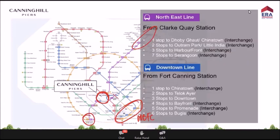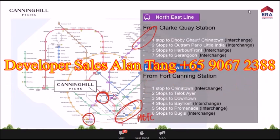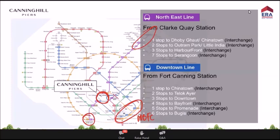And if you want to go to different parts of Singapore, you have multiple interchanges just 1 to 3 stops away, like Dhoby Ghaut and Chinatown. Outram Park and Little India are also interchanges. On the Downtown Line, you have 1 stop to Chinatown, and a few more stops you will reach the downtown core, Bayfront Promenade area. 6 stops, you can reach City Hall, Bugis area, where you have another interchange. So if you are living at Canninghill Piers, the good thing is it brings you to all parts of Singapore